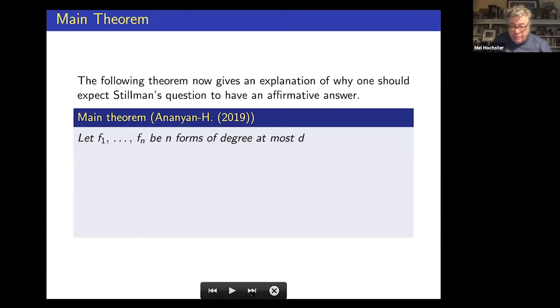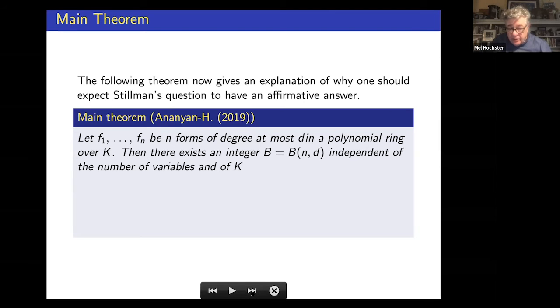So this theorem is the main theorem of the paper. This is in the Journal of the AMS. It appeared last year. We thought about this for 7 years before seeing how to do it. So suppose you have n forms of degree at most d,